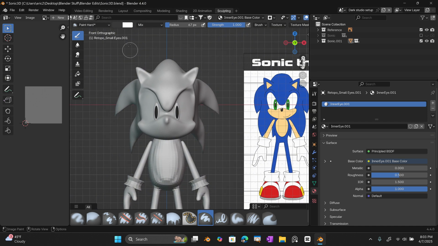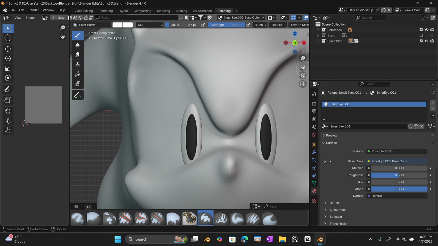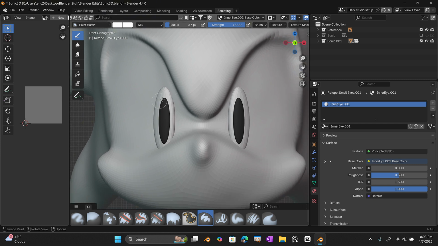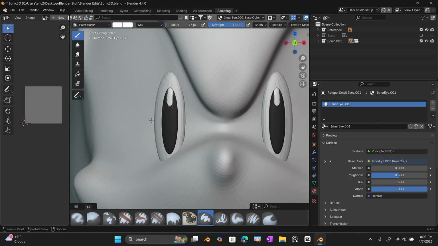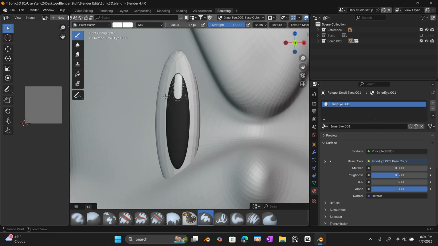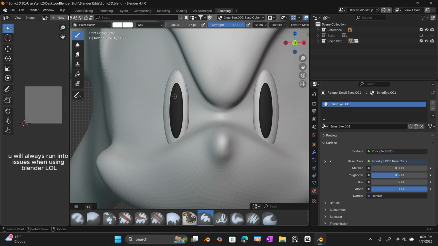And then we have the inner. So we do the white. Don't matter. You know what the white looks like. We're going to smooth that out. See how it looks a little weird. But we're going to smooth it out. Just like that. And I don't know what those cracks are. It's something dealing with... let me